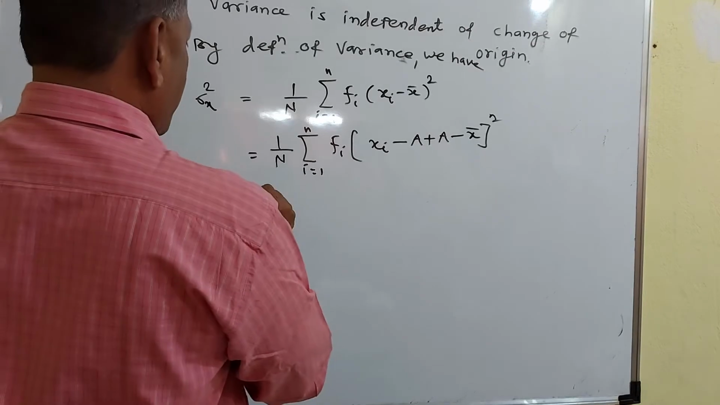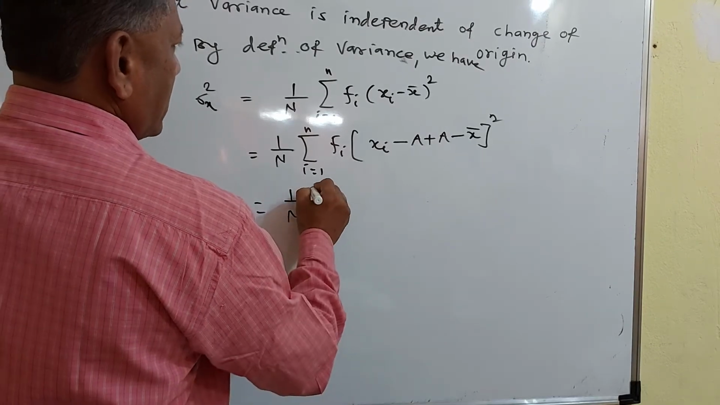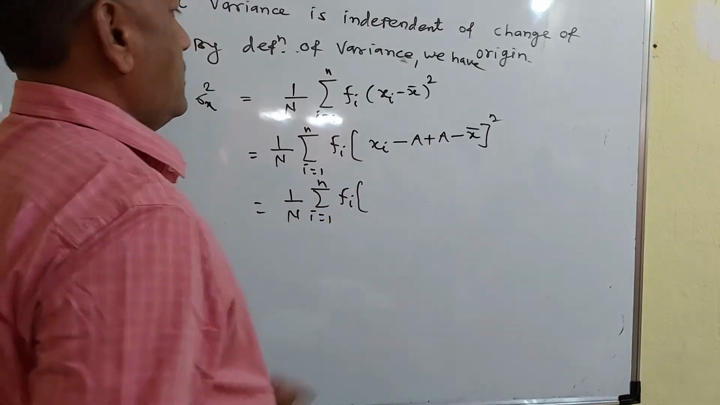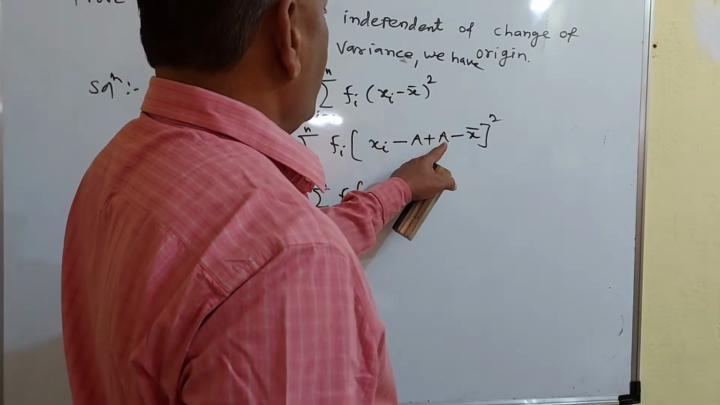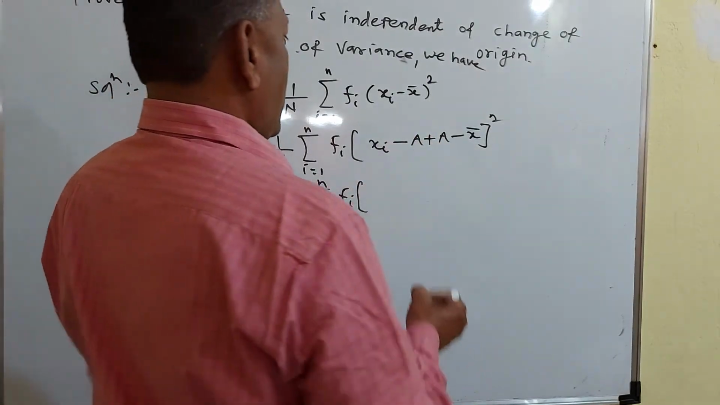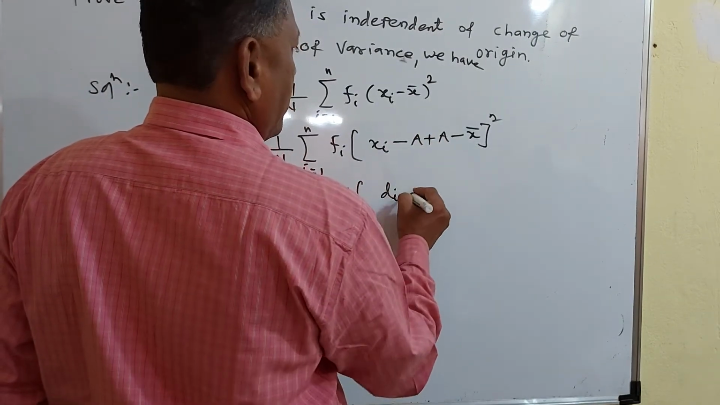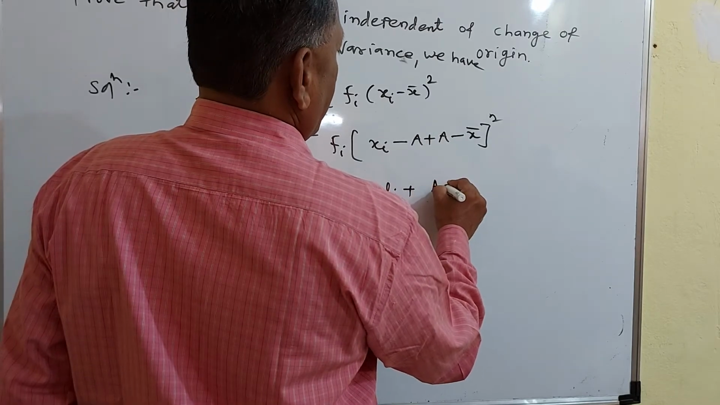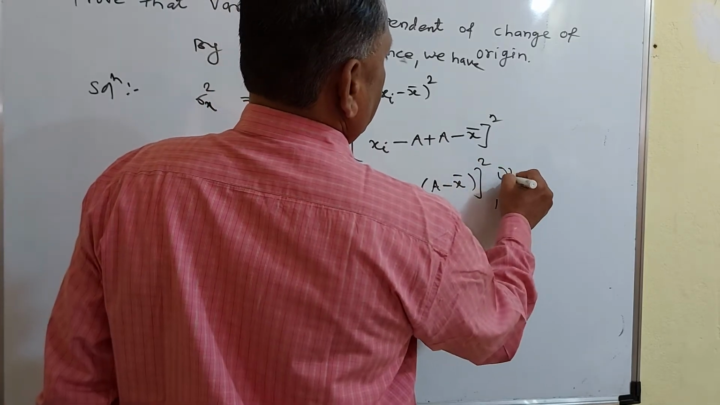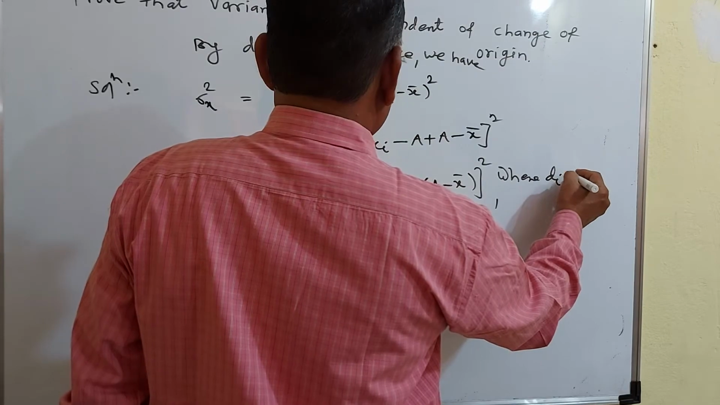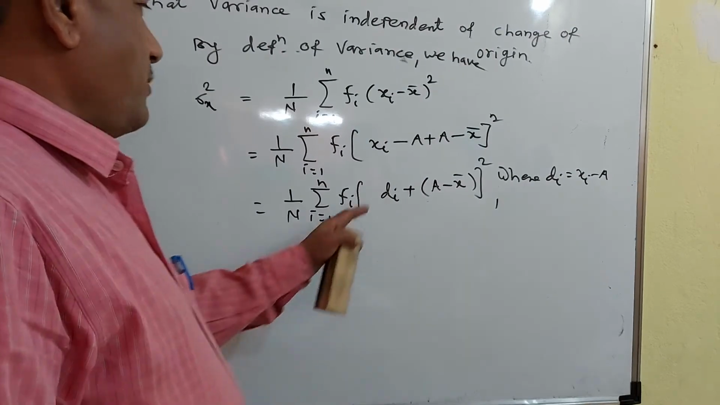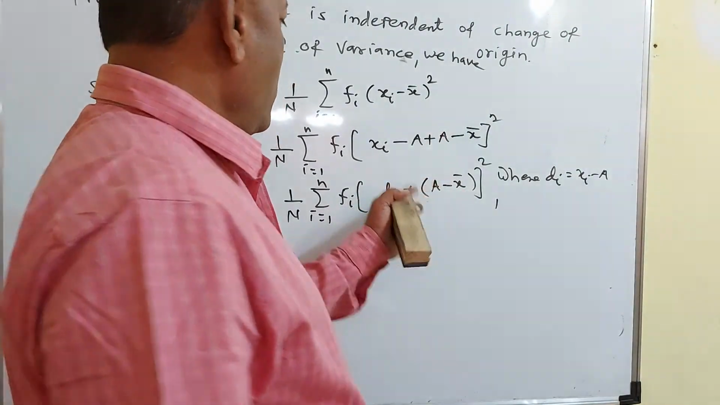So again, this can be written as 1 upon n summation of fi, i going from 1 to n, xi minus a plus a minus x bar. So you put di is equal to xi minus a. Suppose this is di plus a minus x bar, and its square, where di, deviation, is equal to xi minus a. And using the formula of a plus b square, you have